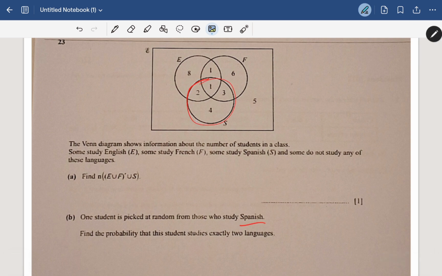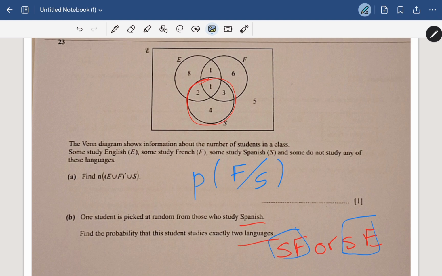Okay, so we know that at least one of the languages, because they are taking 2 languages, is Spanish. So it's Spanish and French, or Spanish and English. Okay, so we're not gonna take it like this. Instead, we are gonna take the probability that he's studying French under the condition that he's studying Spanish. Why? Because we know one of those 2 languages is Spanish. So we're gonna take the probability that he is studying French since we know he's studying Spanish, or the probability that he is studying English